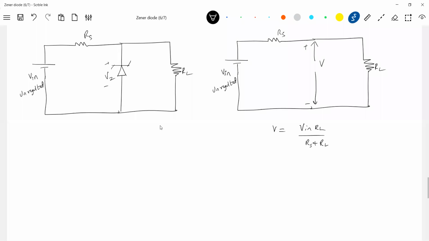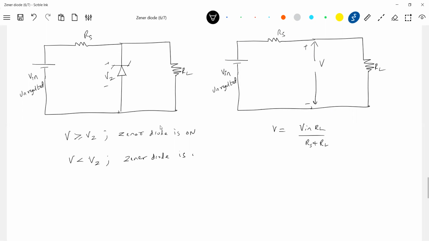If V is greater than or equal to VZ, the Zener diode is on. The Zener diode will operate in breakdown and the Zener diode is on. If this V is less than VZ,